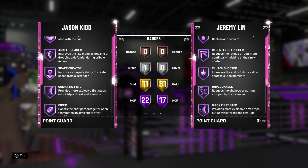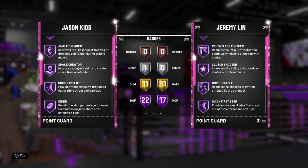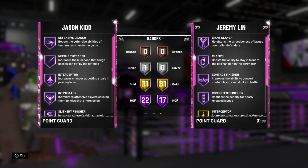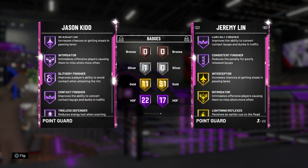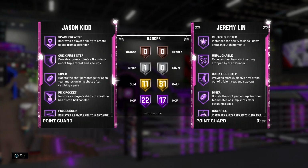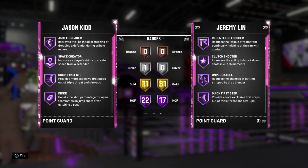Trying to catch everyone here. It's hard to identify them though. I think that's about it. And is it Consistent Finisher as well, and Contact Finisher. Okay, and Clamps. All right, yeah. So yeah, they do have a lot of the same badges on Hall of Fame, but there are some notable